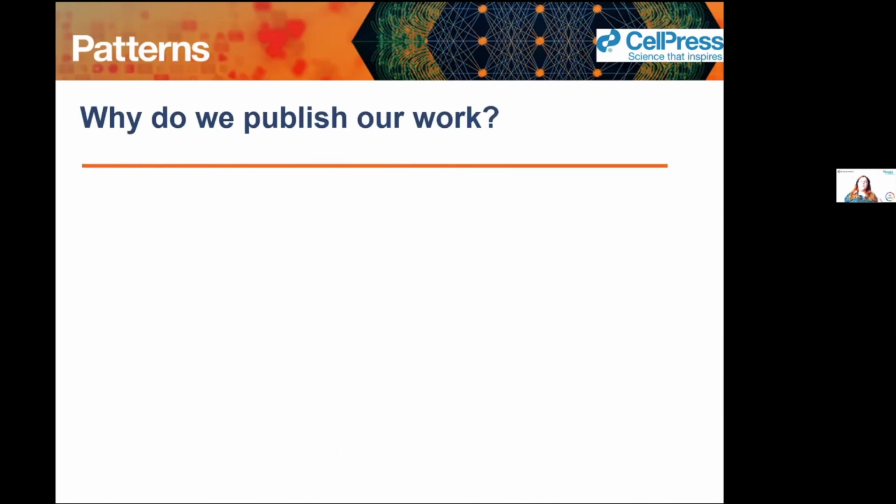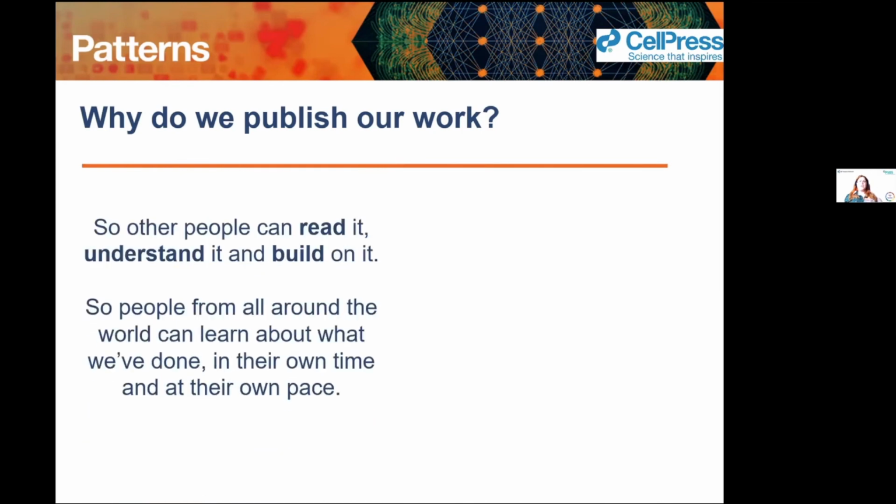So one of the main ways that we as scientists publish our work or communicate our work is by writing articles and writing reports. And it's a case of, well, why do we publish these things? Fundamentally, what it comes down to is that we publish written texts and reports and abstracts and conference presentations and all that sort of stuff, so other people can read or consume that information, they can understand it, and then they can use it in their own work and they can build on it.